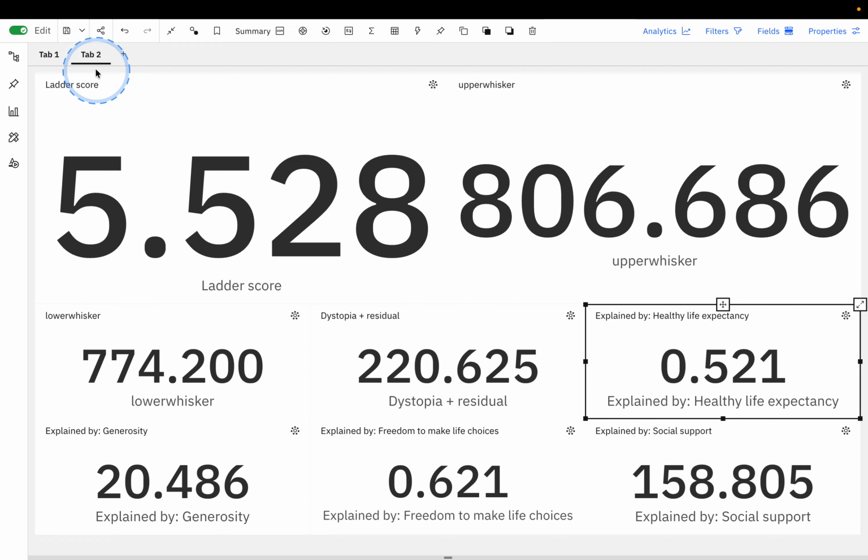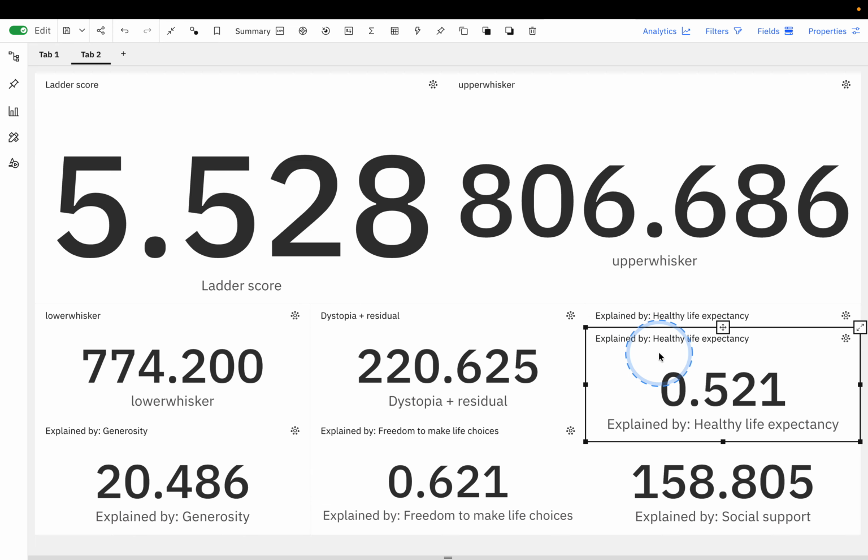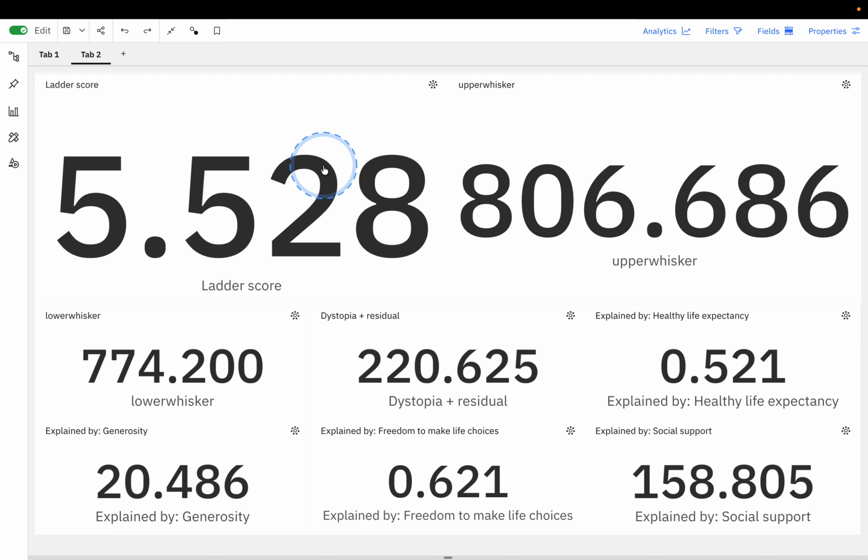So let's duplicate this. So duplicate this tab.